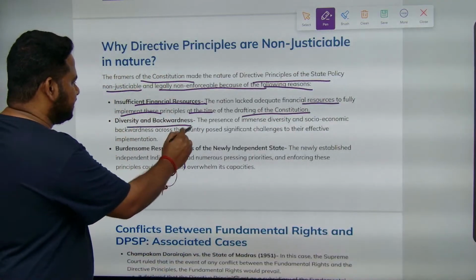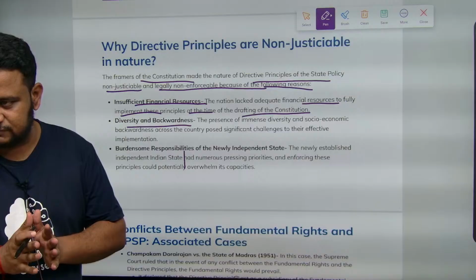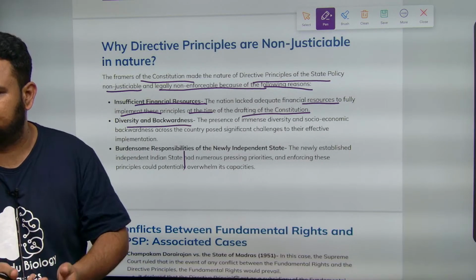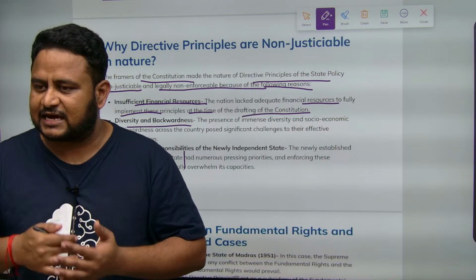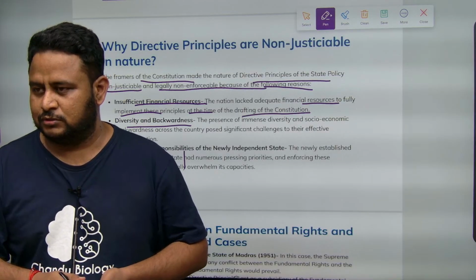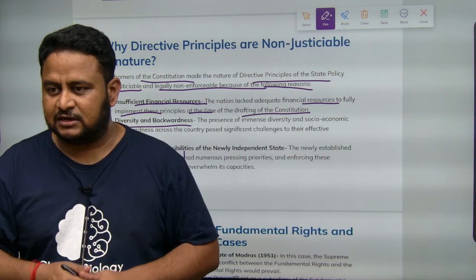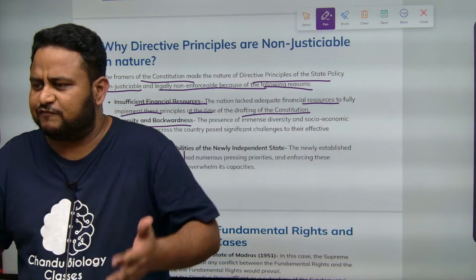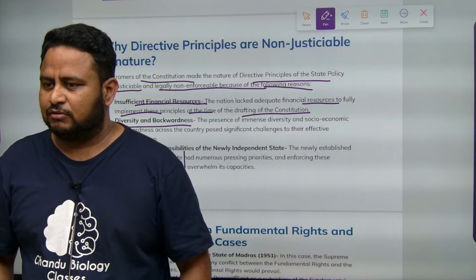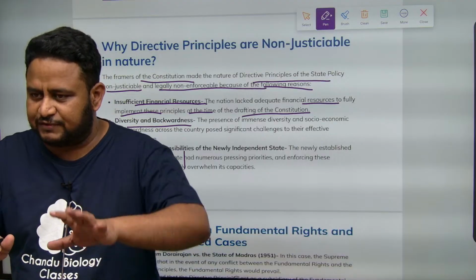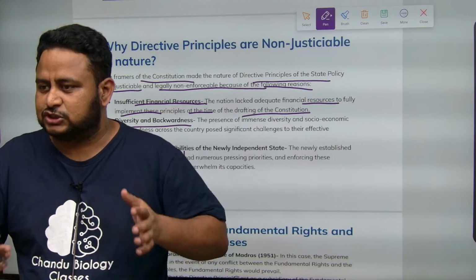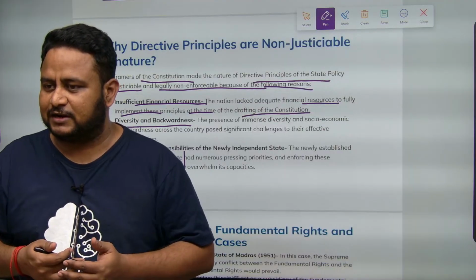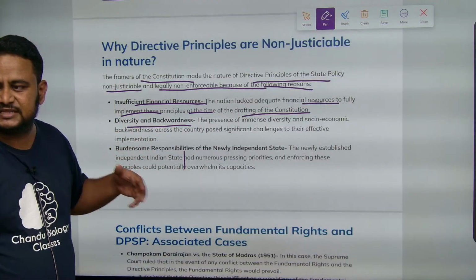So diversity and backwardness. Understand one thing, the laws which will be made will not be equally applicable to all, and will not be equally needed for all. Some law that is made will be likable by me, but it may not be likable to you. Suppose a law is made where I need a centralized AC for everyone, but some of you may think that I am not comfortable with AC, I need only fans. That is the diversity we have. In a class itself we have so much diversity. So in a nation which has so many states and so many linguistic groups and so many types of people, you have to understand the diversity and then make the laws.